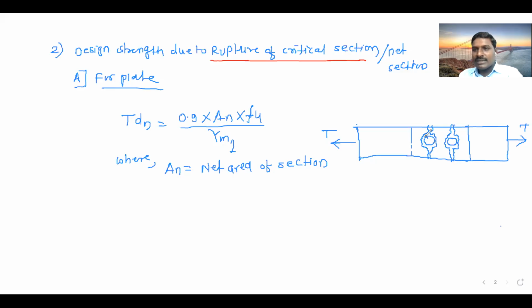What is happening here? Due to this punching of the bolt on the plate, your plate is cracked, or that hole of the bolt is enlarged. This is the original hole. Due to punching of the bolt, your hole is enlarged, and at one situation, these cracks will take place up to the end of this plate.